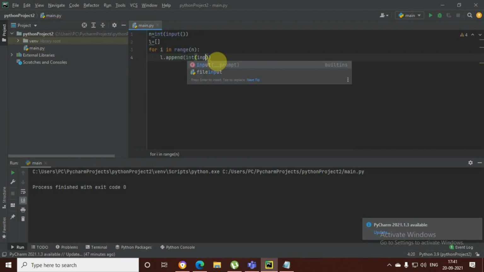We'll convert the input into integers. Okay, so from this method we'll have all the elements in the list l.